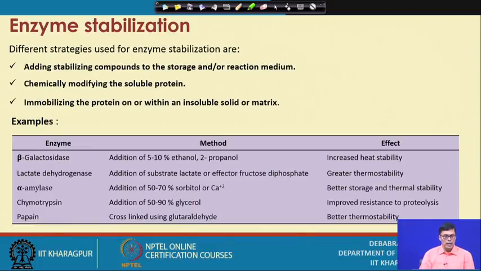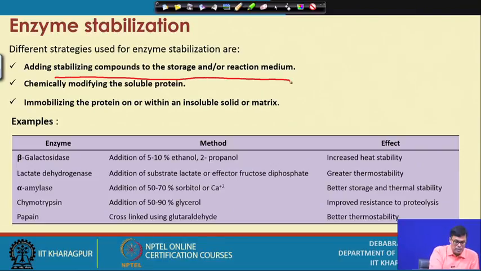Now, another question comes: what should be the strategy to increase the stability of the enzyme? There are three different strategies we have. One is adding a stabilizing compound to the storage or reaction medium. An example is the glucose